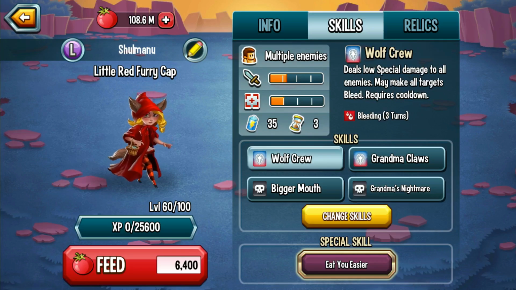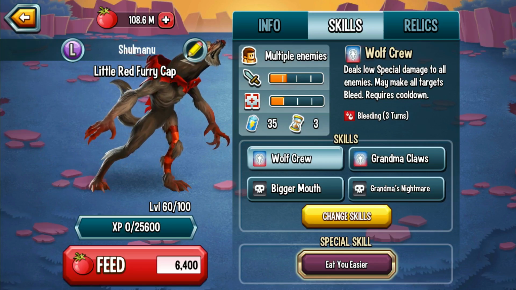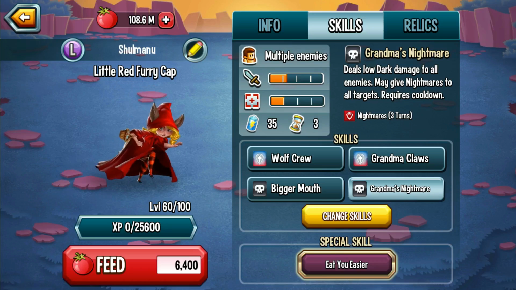Now, this is very similar to the first one, except the first one here is special damage and causes bleeding. This one is dark damage and gives nightmares. Like I said, there's a lot more things that are immune to nightmares, but even if it isn't, it's a lower dot. But if she gets both of them off, stacking dots is a great way to kill some